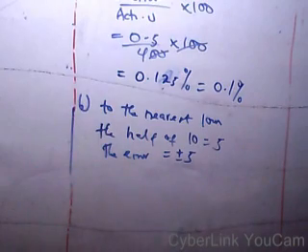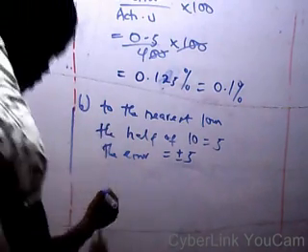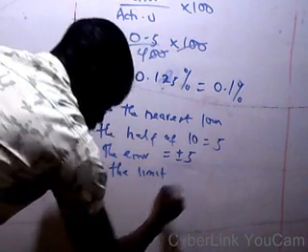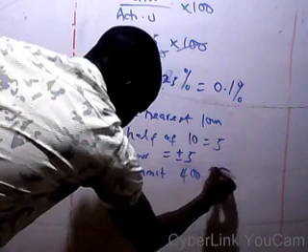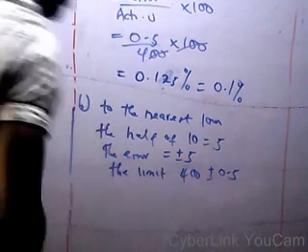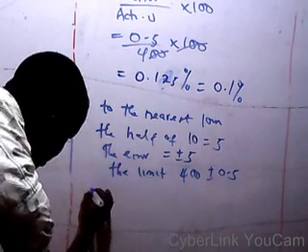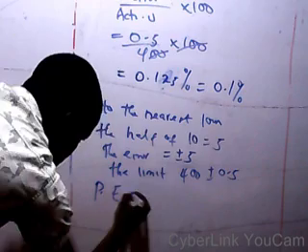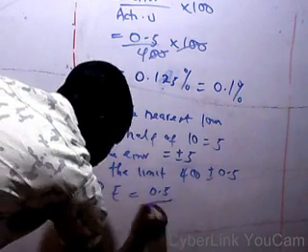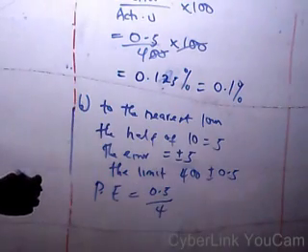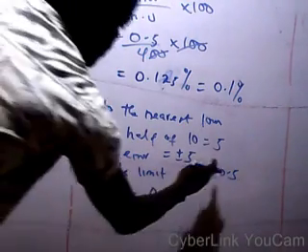Hope you get what I'm doing, because the limit will be something like 400 plus or minus 5. So percentage error will now be plus or minus 5